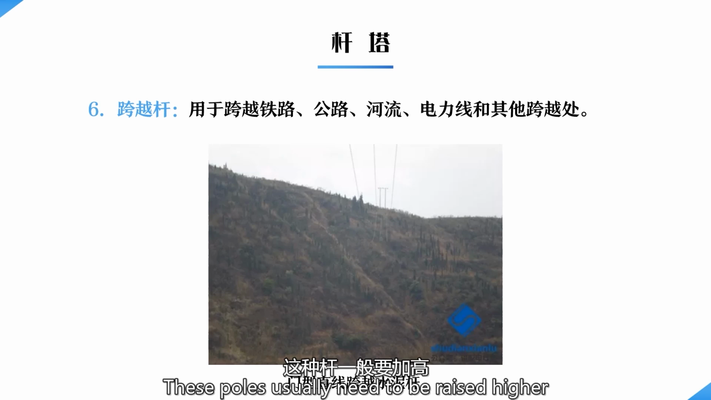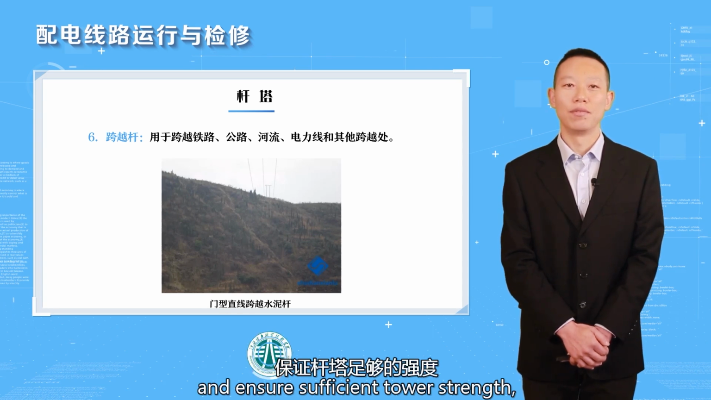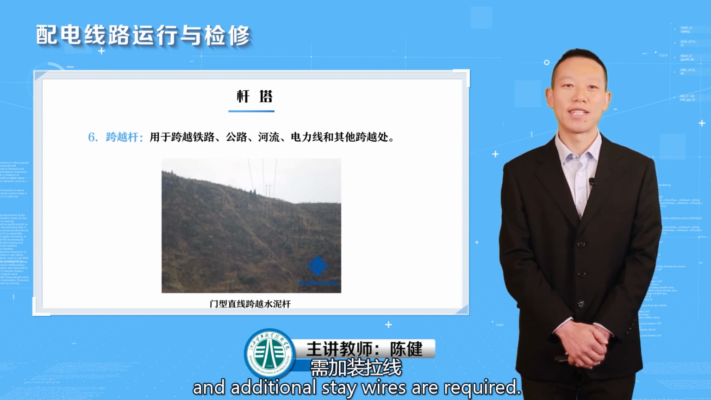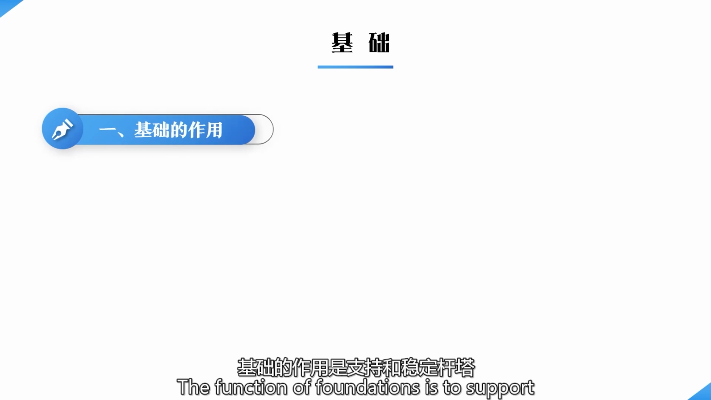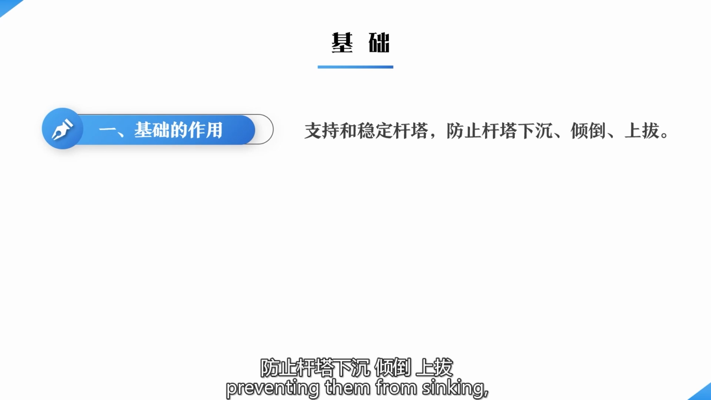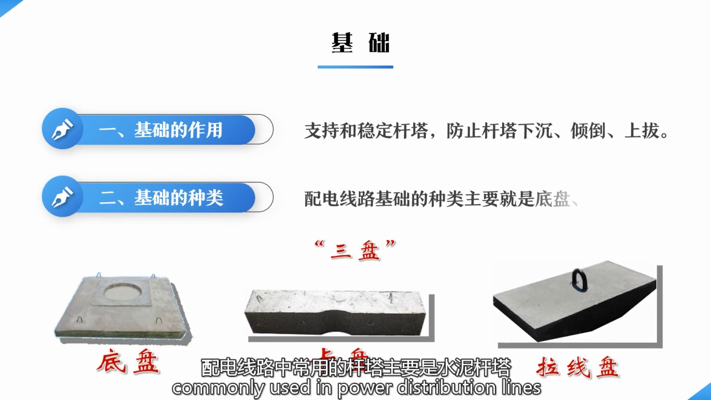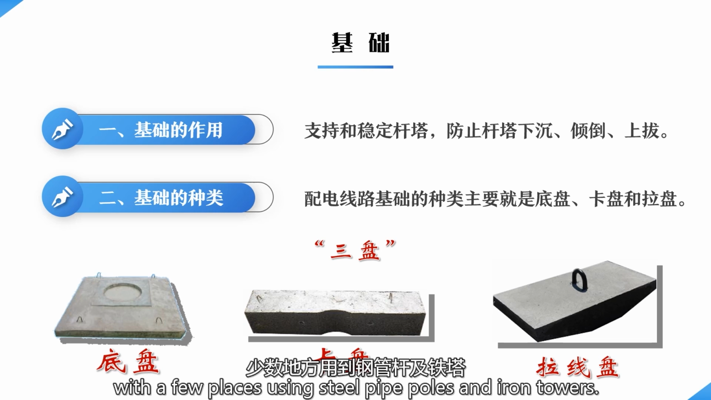These poles usually need to be raised higher to reinforce line safety and ensure sufficient tower strength, and additional staying wire are required. Now, let's learn about foundations. The function of foundation is to support and stabilize poles, preventing them from sinking, tilting, or uplifting. The types of foundation commonly used in power distribution lines are mainly concrete foundations, with a few places using steel-type